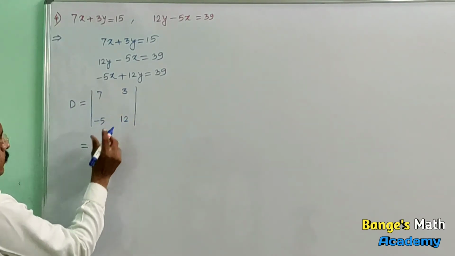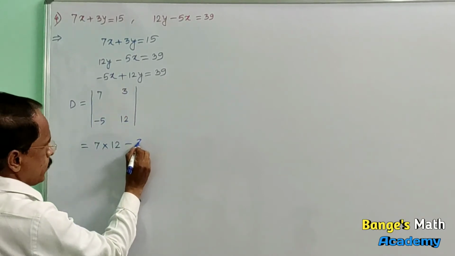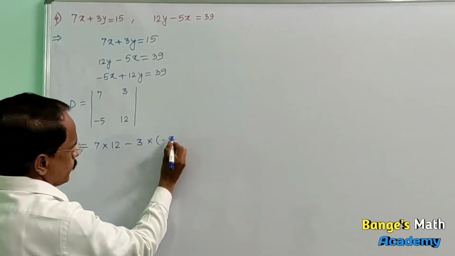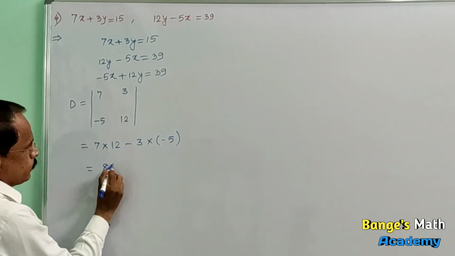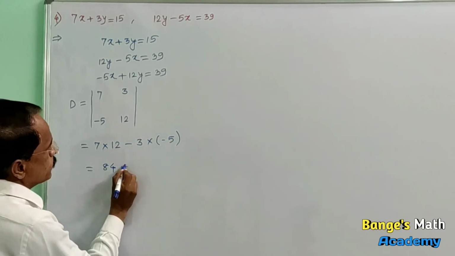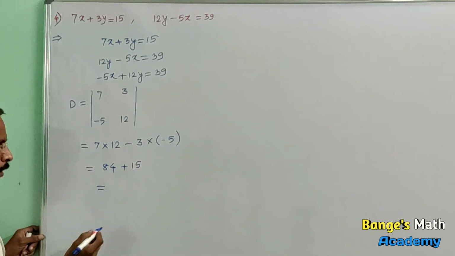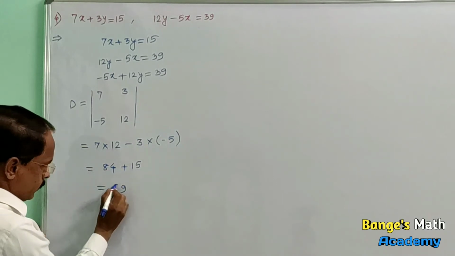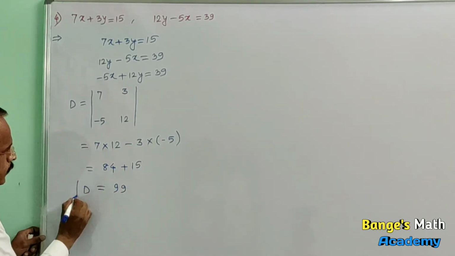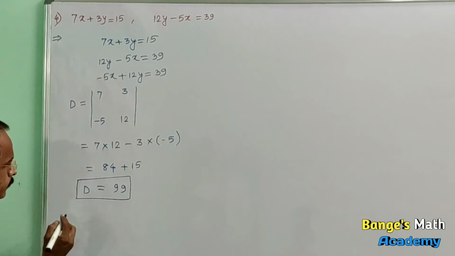Simplify this. 7 into 12 minus 3 into minus 5. 7 into 12, 12 sevens are 84. Minus into minus plus 3 into 5, 15. Addition of this. 4 plus 5 is 9, 8 plus 1 is 9. d is equal to 99. Then find value of dx